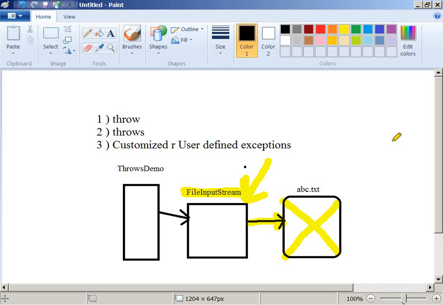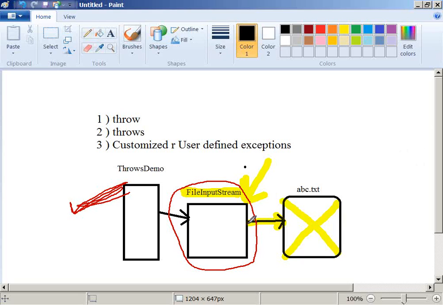Getting me? My class is not directly reading that file. My class is taking the help of some other class. If the file is there, that's fine. If the file is not there, what will this class do for you? Because that is your need here, that your program needs to read the data from a text file. This is the actual program you want to write, which wants to read the content from that file and do some kind of operations on that text after reading it, but it cannot directly read it. So this class is taking the help of this class, right? It's fine, no problem. Taking the help of some other class is not a problem here.